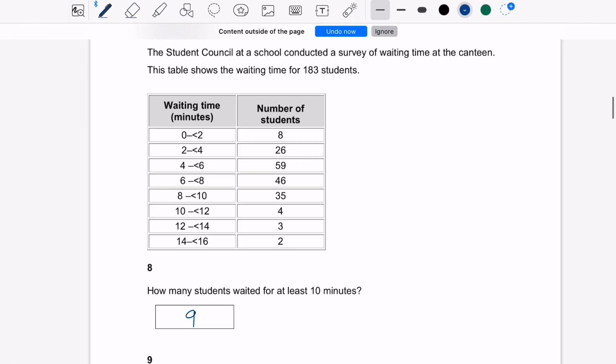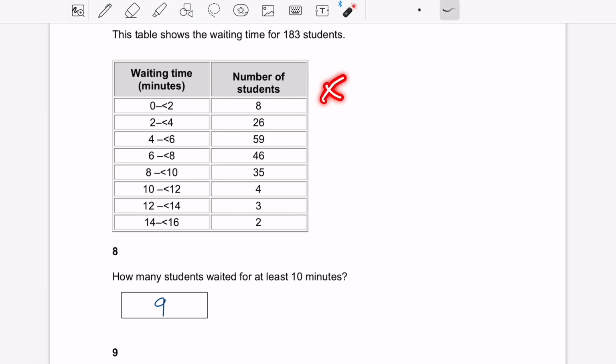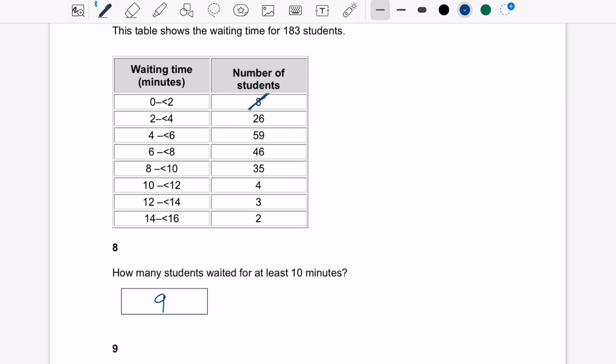I'm going to take whatever I take from the top end, I take from the bottom end until I'm left with 1 number or 2 numbers in the middle. So I'm going to take 8 from here, so I'm going to have to take 8 here. Okay, always starting at the top end and the bottom end. I can't just randomly pick a number in the middle. Okay, so 8, so 2, 3, 4, 5, 6, 7, 8. Still got 1 more here for the 4. Now I'm going to take away 26. 26 from there,